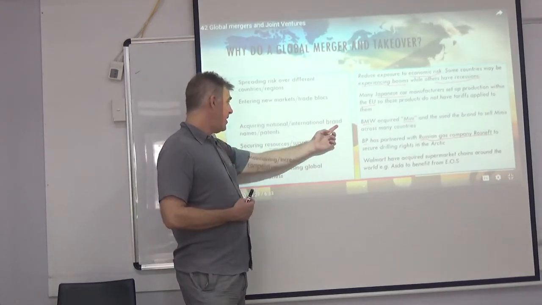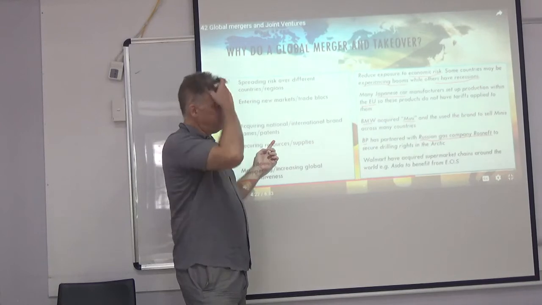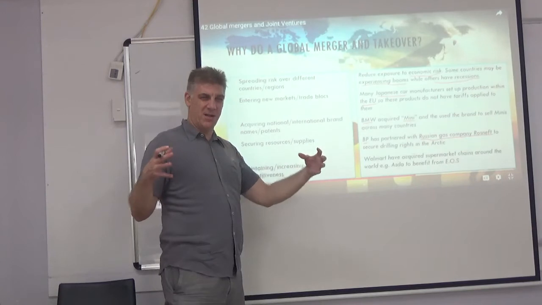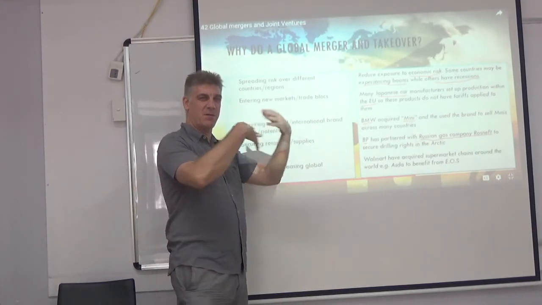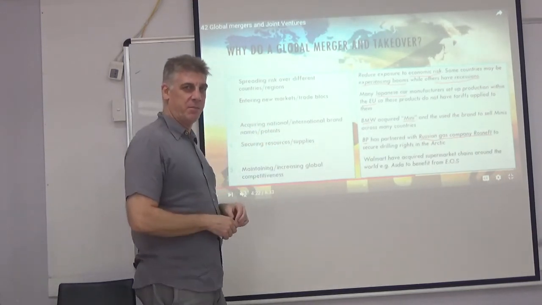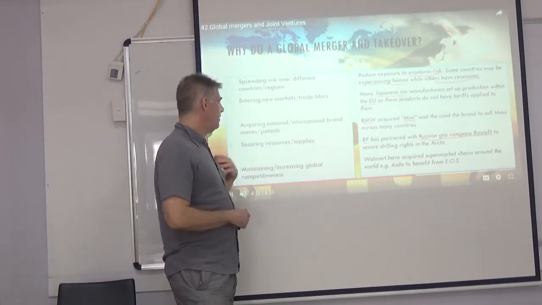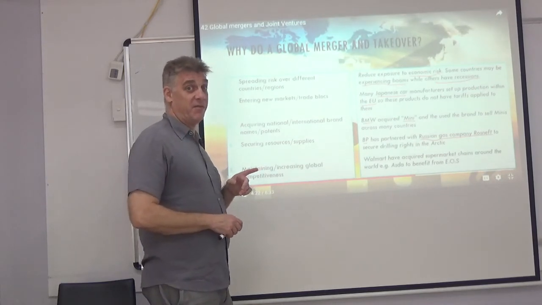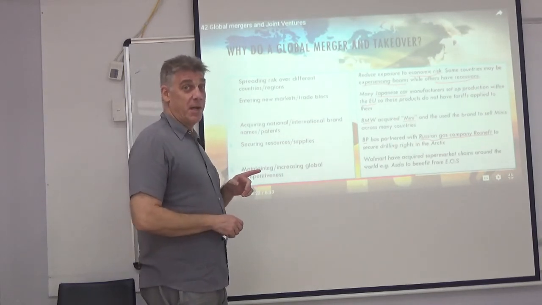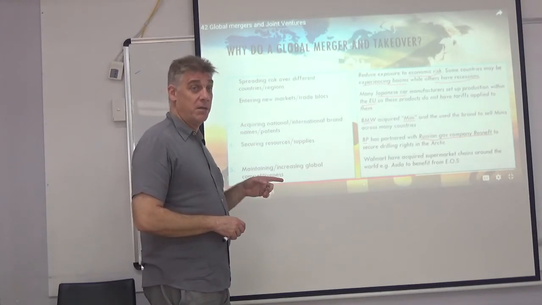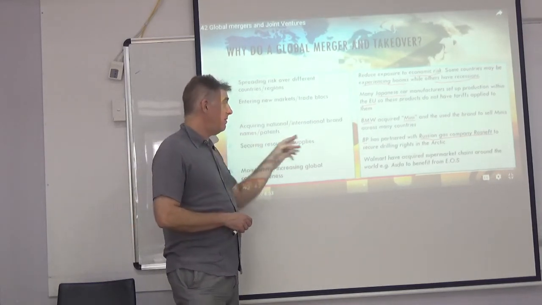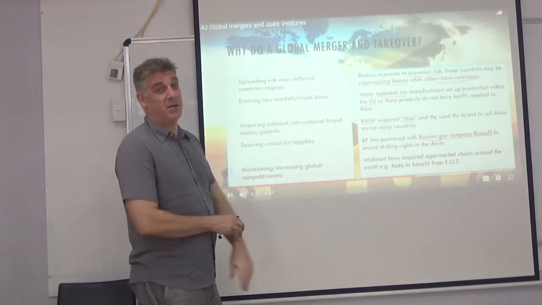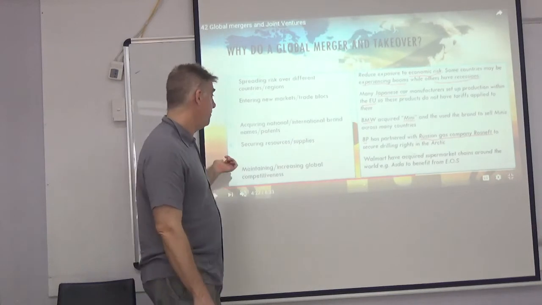Acquiring national and international brand names and patents. So this is also conglomerates, these big conglomerates, they just want to have brand names on brand names just to get bigger for size's sake. But beyond that, there's a lot of intellectual property involved. For example, Disney buys Pixar, and so now they have all of that brand, and they also have all of those copyrights for Pixar's movies for the next 70 years.